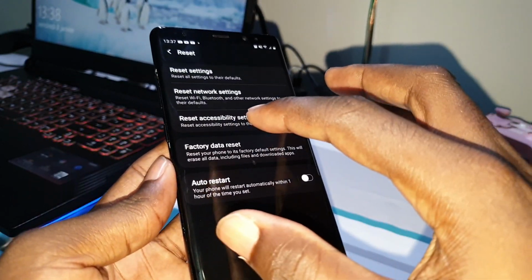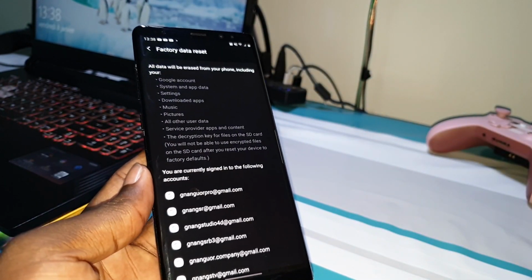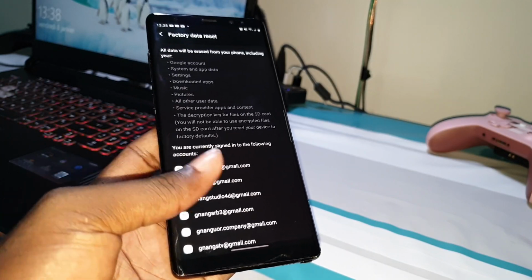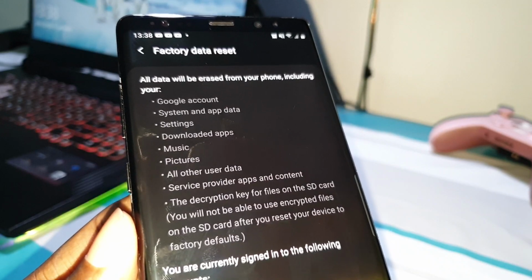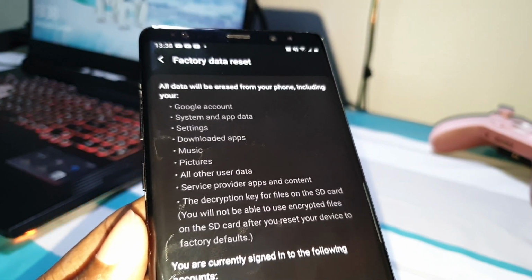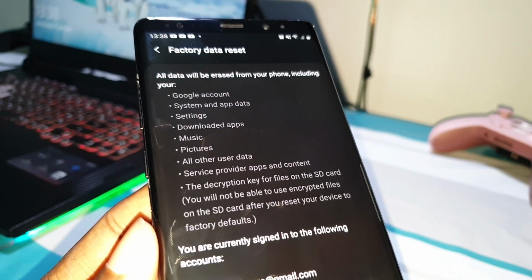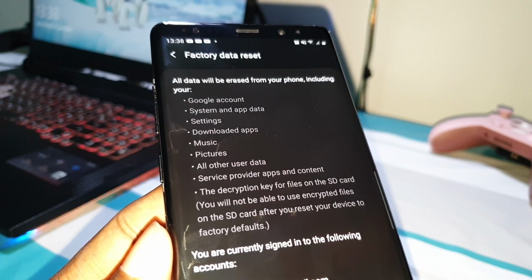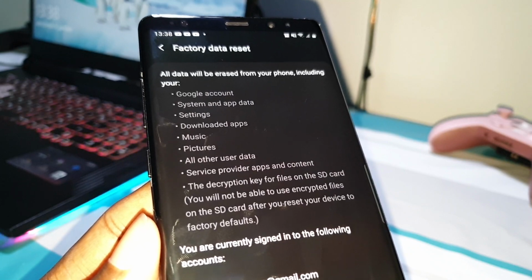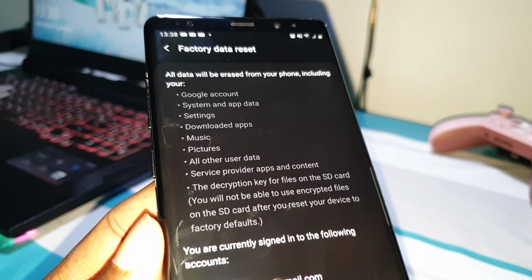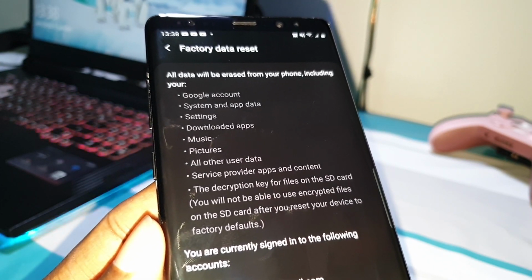Now this is what I like. With this, you can do so many things. You can reset your phone, and your phone will become like default, like you have installed the ROM for the first time.